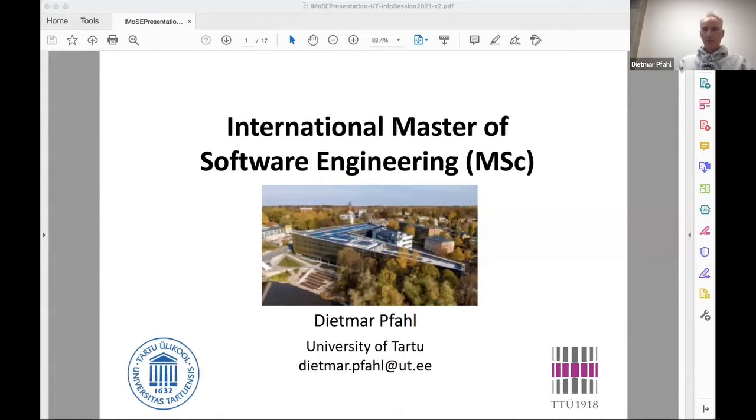And the cybersecurity curriculum, which is done together with the Technical University of Tallinn, or TalTech, as it is called today, is actually administered mainly from TalTech side. The software engineering program is also a joint program together with TalTech. The difference to the cybersecurity program is that the software engineering program is mainly led by the University of Tartu. But some of the courses take place actually in Tallinn at TalTech.